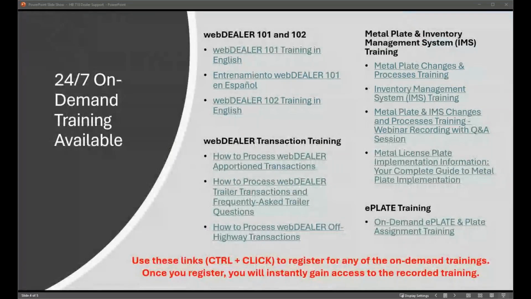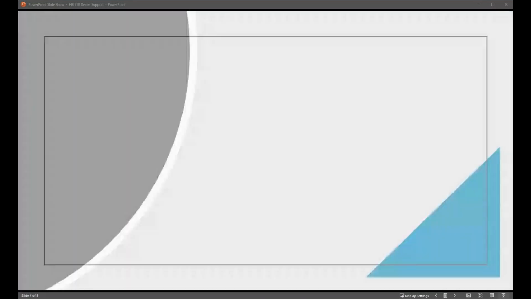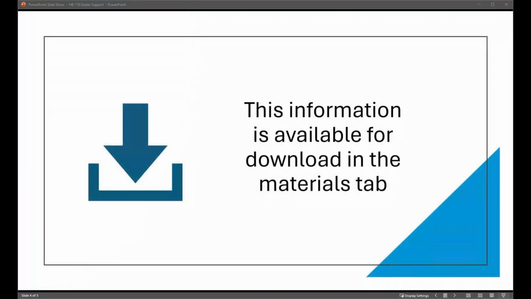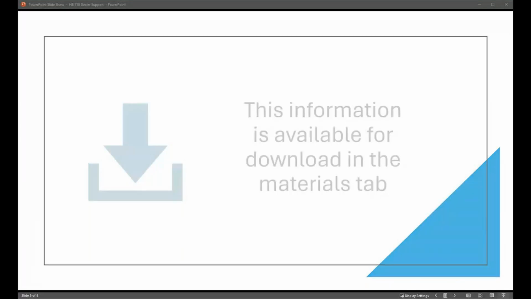The metal license plates we provide at the time of sale, will those be their permanent plates, or will they change when they get their registration sticker? So whenever you first assign that plate, it's going to be in a temporary status. It's going to be the same plate. So once they purchase that vehicle, you do the plate assignment in ePlate. That physical metal plate is on their vehicle.